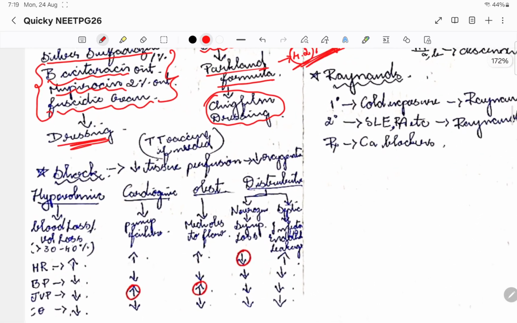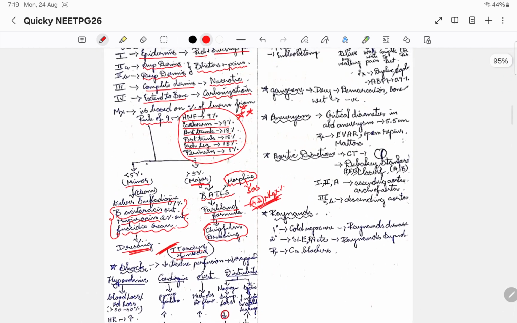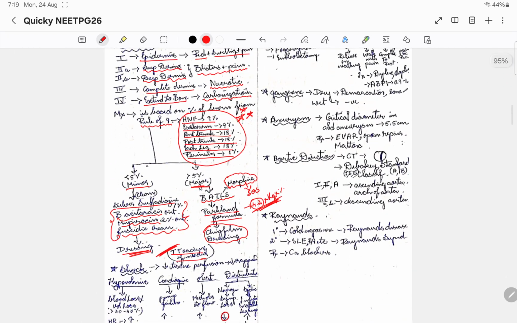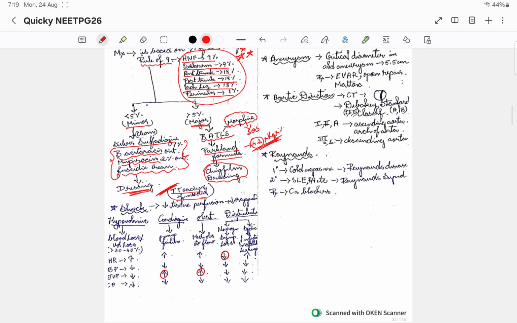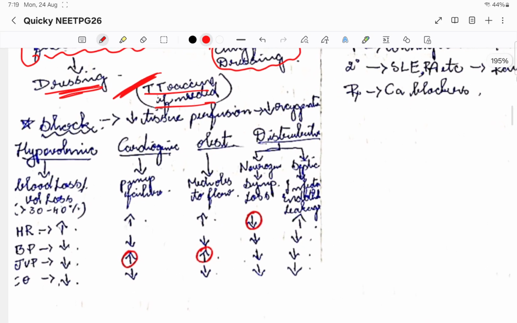After all this, we'll go for TT vaccine. We'll ask the patient's TT vaccine status. If needed, we'll give the TT vaccine. Okay, that's it. This is all that you need to know just before going into exams with regards to burns. Now moving on to the further topic, and that is